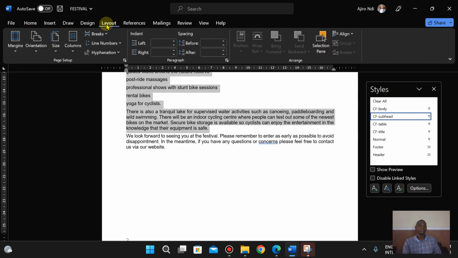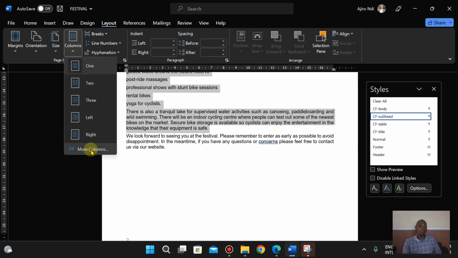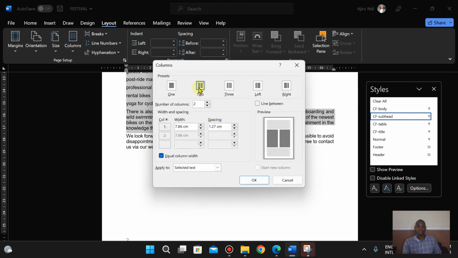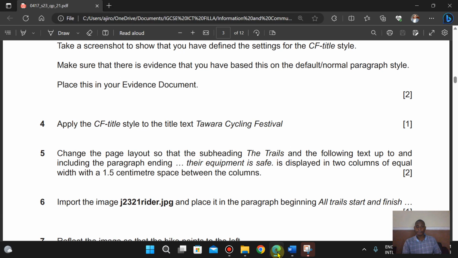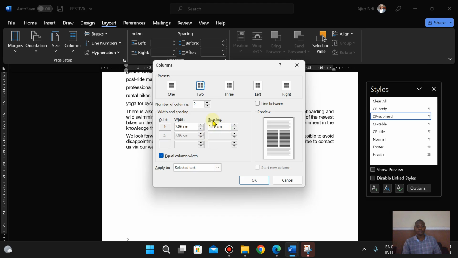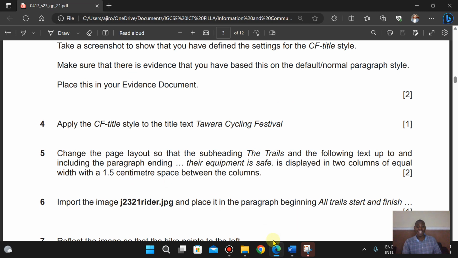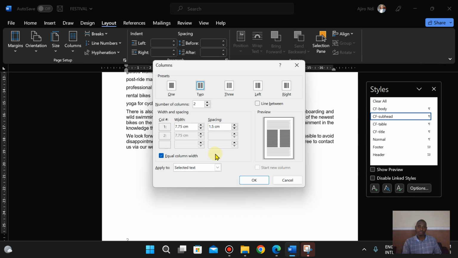So I'm going to click on layout. I'm going to click on columns, more columns, 2, equal width. Of equal width with a 1.5 space between the columns. 1.5 space. So equal width, this is the equal width, 1.5 space, 1.5 centimeter. You can see that centimeter. So it has to be centimeter, please, not inches, or not points or whatever. It has to be centimeter because there's a difference between centimeter and inch. Okay, so I'm going to apply to selected text. So okay,